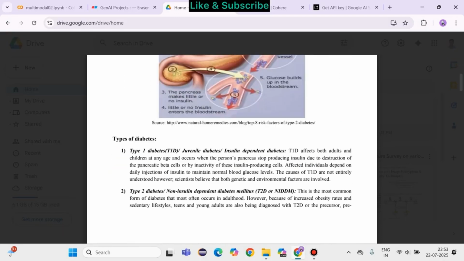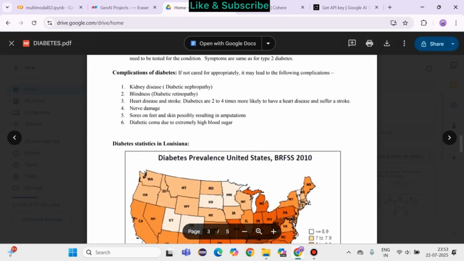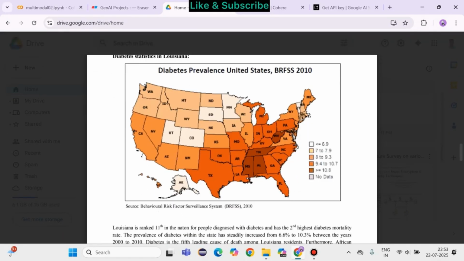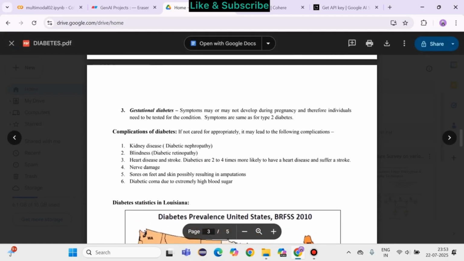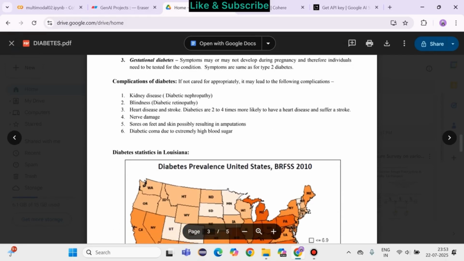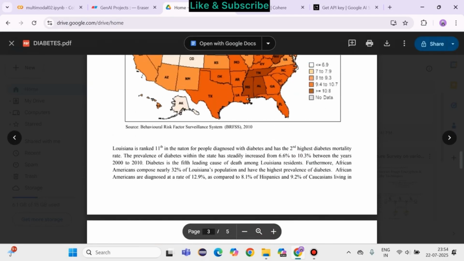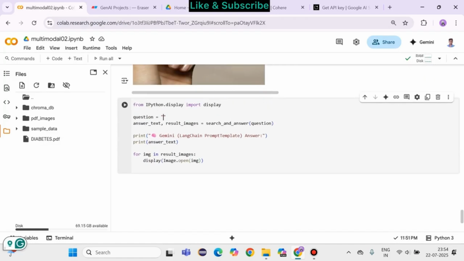And if I have to show you again some example, now let's see this one. This is the image example of diabetes statistics in the state of Louisiana in the United States. So let's ask some question about that. So let's ask diabetes statistic Louisiana. Here in this one I'll ask it another question that